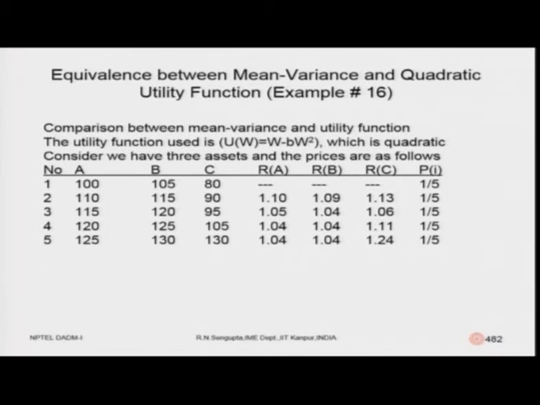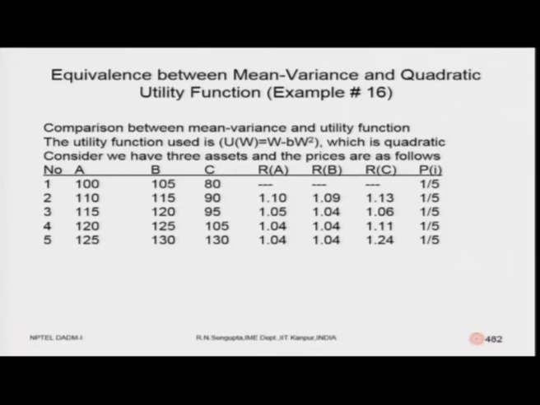Similarly, for the third and fourth columns, you have the changes for B and C, for which the values are 105, 115, 120, 125, 130 respectively for B, and the corresponding values for C would be 80, 90, 95,